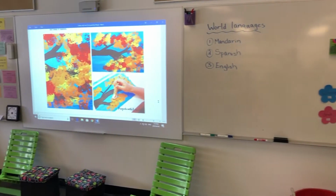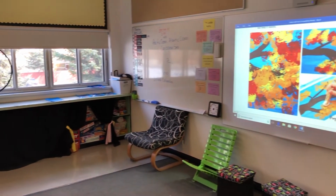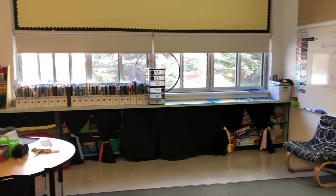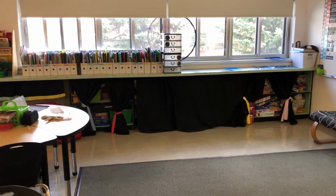Our new renovation makes such a difference to have our classrooms be places that are up to date with technology, that are fresh and clean and organized, that have all of the amenities of the modern age. It makes a difference to how our kids feel about coming to school. Absolutely makes a difference to how our teachers are able to teach in those spaces, and really makes our community